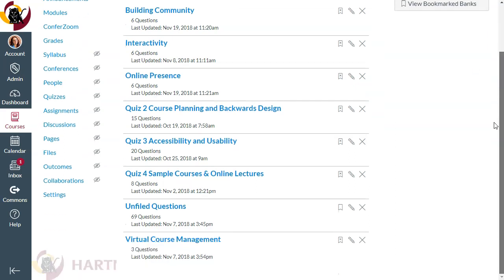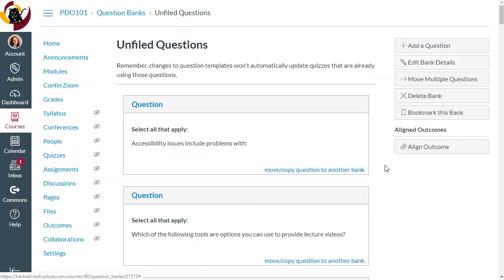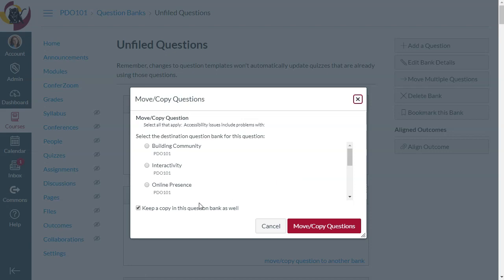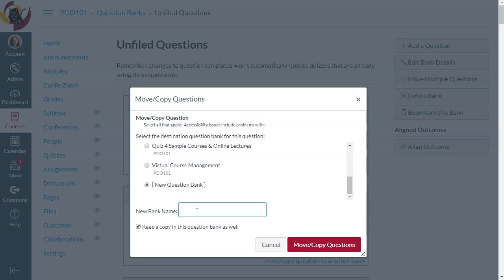You'll also see that when you create questions in your Canvas quizzes, they're automatically going to go into this area called unfiled questions. So if you already have quizzes set up, it's not that you can't set up your question banks nicely afterwards. All you need to do is go into your unfiled questions and you can move or copy a question into another question bank. So if I went here, I could create a new question bank